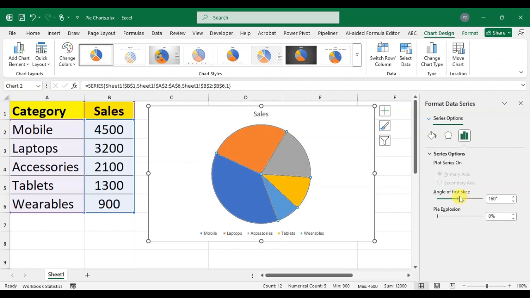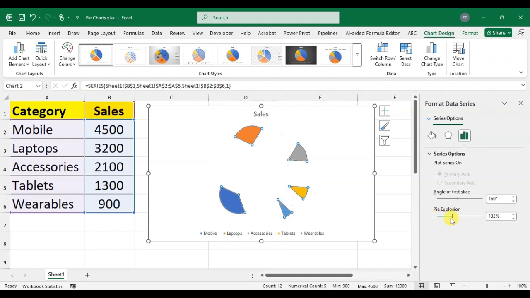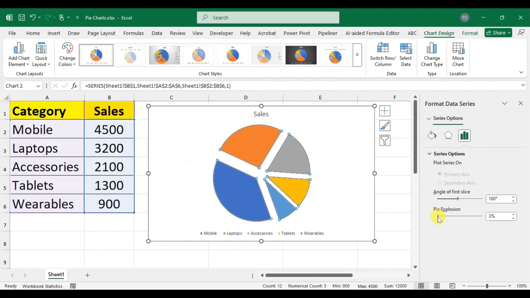Okay. And the second one here, the pie explosion. Just click on here and see the explosion of every slice of the pie chart. See, you can set it as you want. Okay. So I set here the,